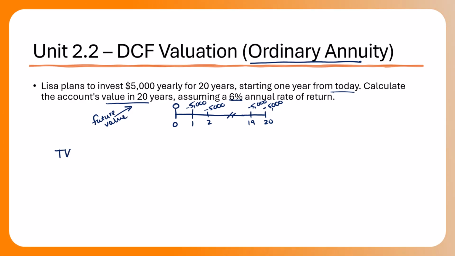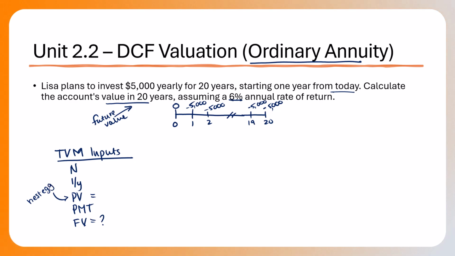Let's put our time value money input parameters down. N, IY, PV, PMT, FV. FV is what we're trying to solve for. If this was a retirement problem and she had a nest egg that she could deposit, it would be a present value component. There isn't anything there, so we'll leave it out. She's going to deposit $5,000. That's a cash outflow. She anticipates earning a rate of return of 6%,